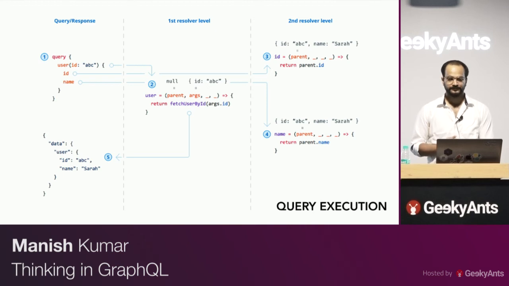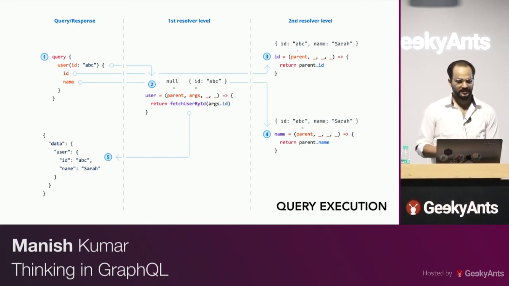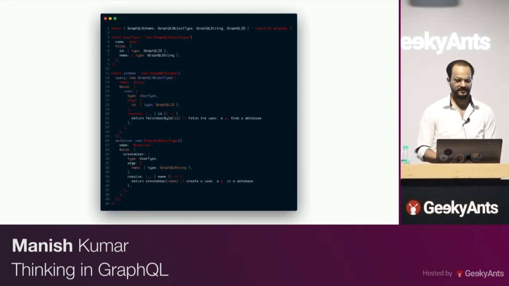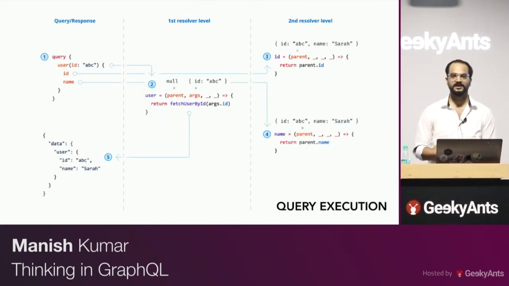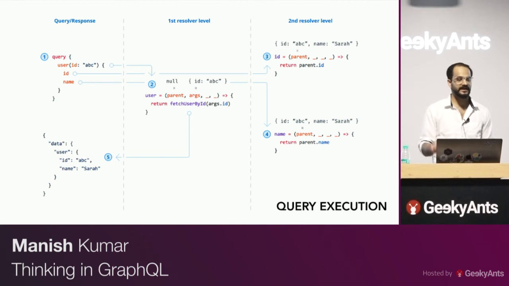The interesting piece here is that the resolver takes care of it. The same example, I'll refer back to it. Here it is totally dependent on me, right? This fetch user by ID is my implementation. If it is connecting to a database, if it is reading from a file, it doesn't matter. It has got an ID and it is just reading from somewhere and returning to me, correct?